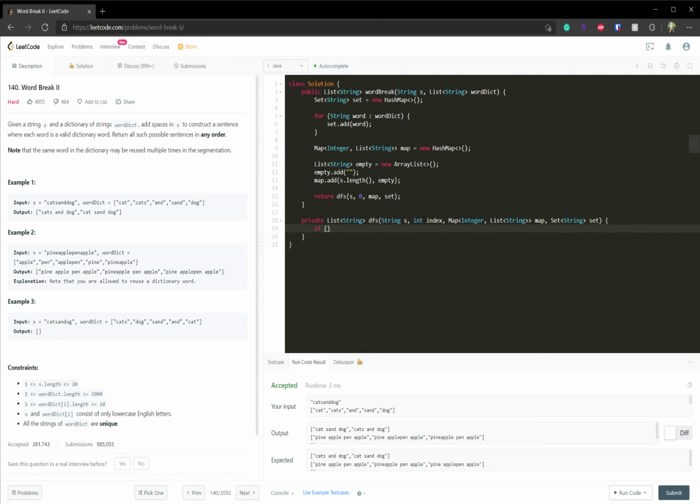If the index already exists in the map, we can just return map.get(index). Otherwise, we need to build a solution for this current index. So we'll just call it